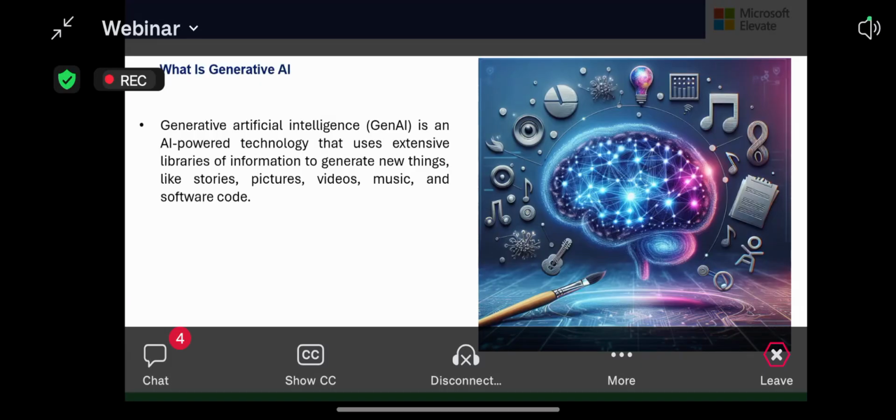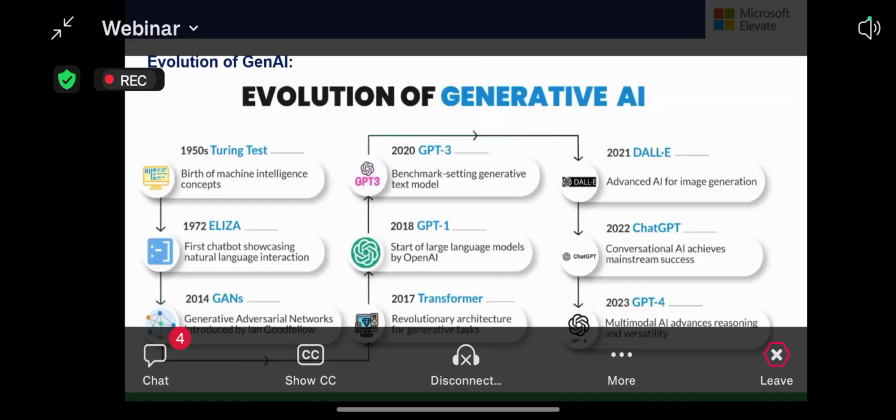Yes, ChatGPT can generate all these things. It can generate a story or text, pictures, videos, and create music. For music ChatGPT is not the good one, but Alien Lab is. And it can also generate code. So these are the powers of generative AI.